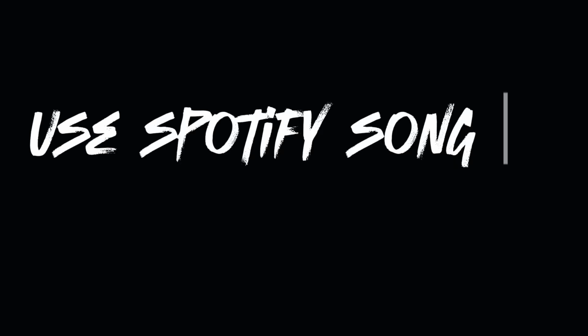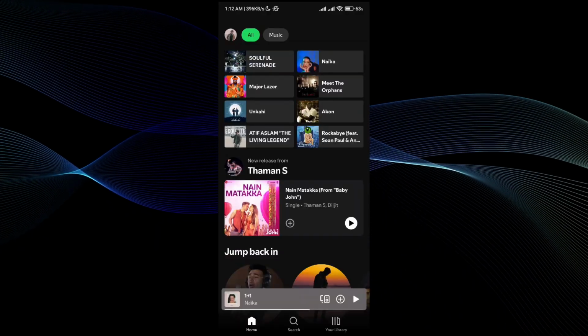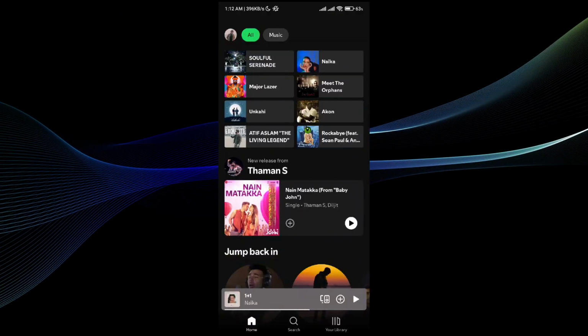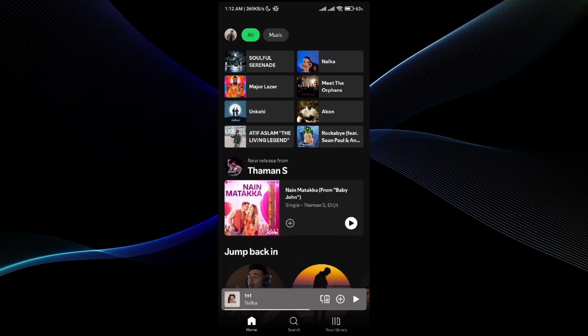I will be showing you how to use a Spotify song as a ringtone on Android device. For that, the process is very simple and easy. So make sure you follow the video step by step till the end so you guys can understand the process